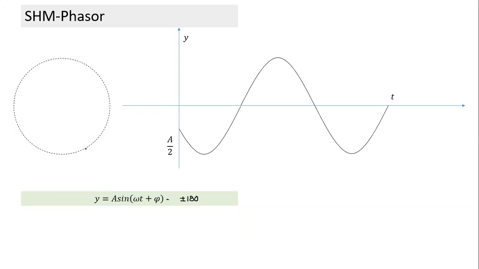Okay, so can all of you find out what is the phase constant here? So this also I can represent in the form of a phasor, and which direction does the phasor rotate? The phasor rotates like this, and the y coordinate of the phasor at any instant gives you the SHM quantity at that instant. It gives you the instantaneous value of the quantity which is varying as a sine function of time.